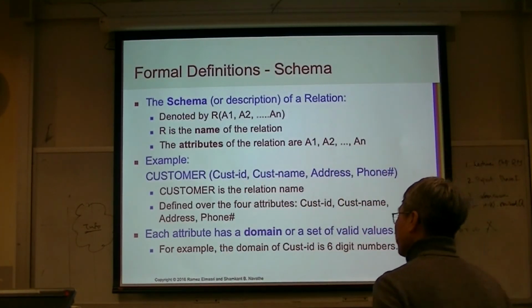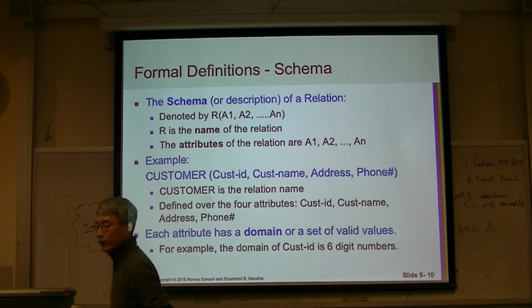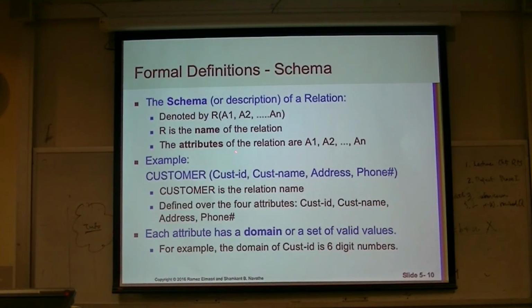We will see later. So when we design the database, our goal is to design the schema. Schema, as we have seen before, means a description. We try to find the description of a database. In other words, we try to create the schema of the database. The schema has a number of relations, a number of tables, and each relation has, from now on, we are going to use